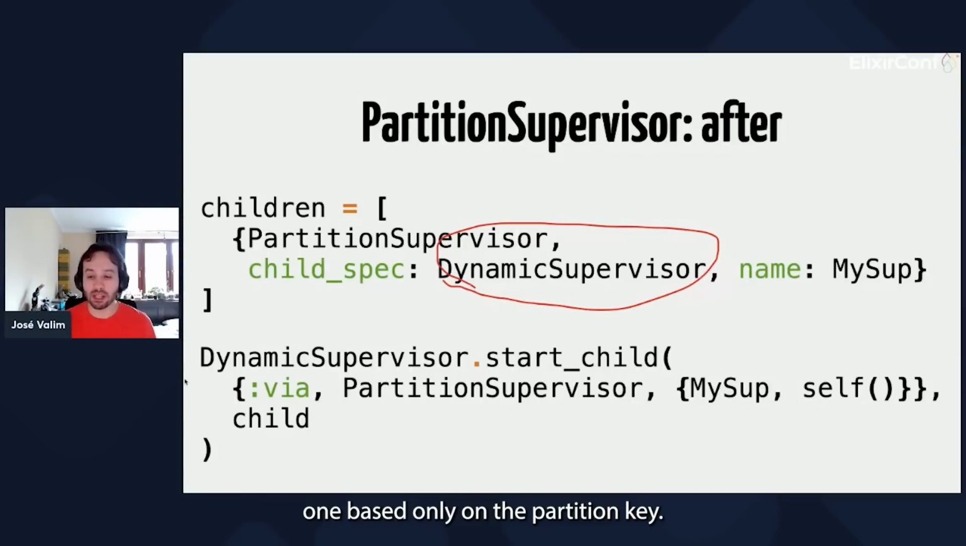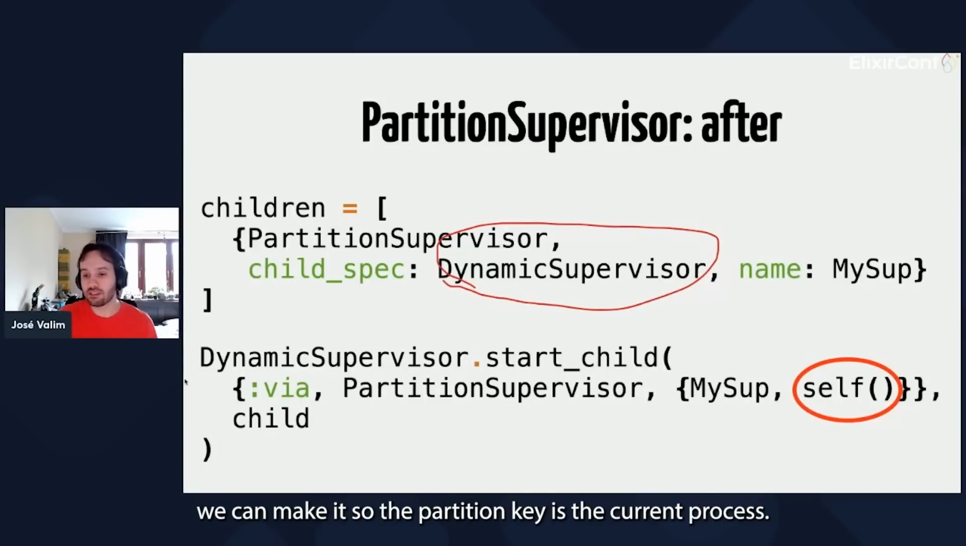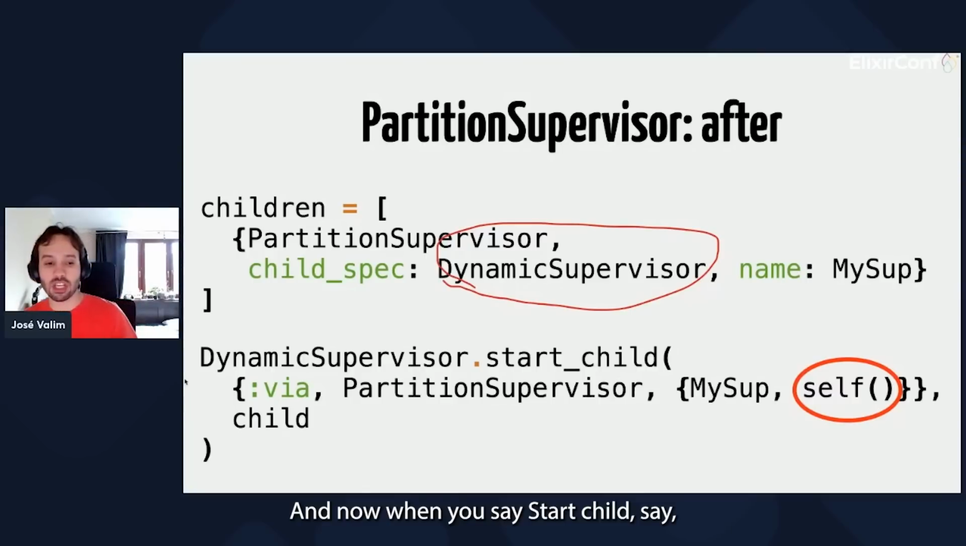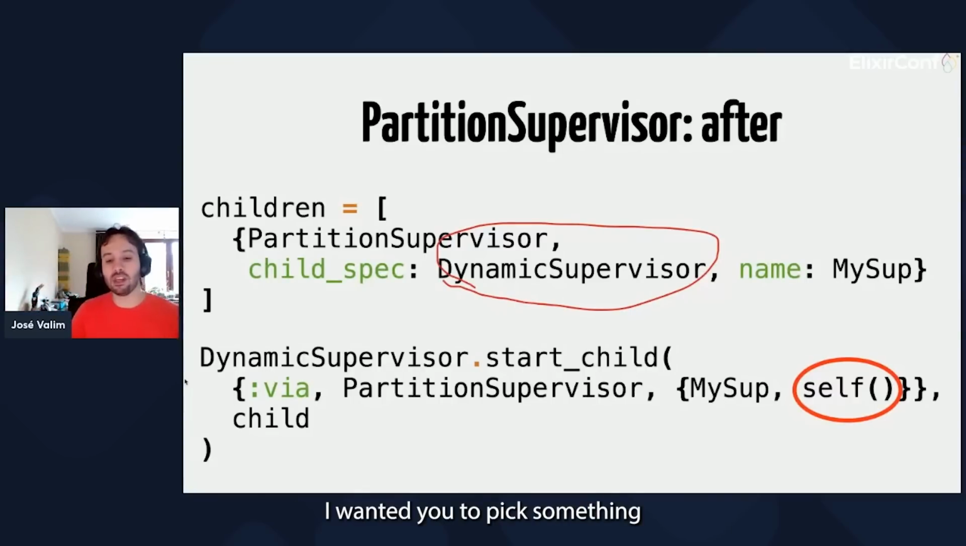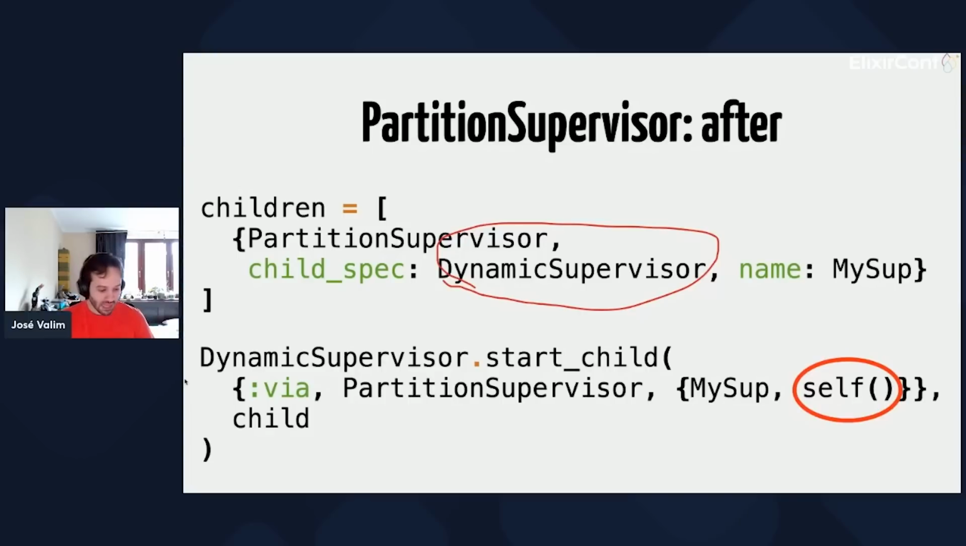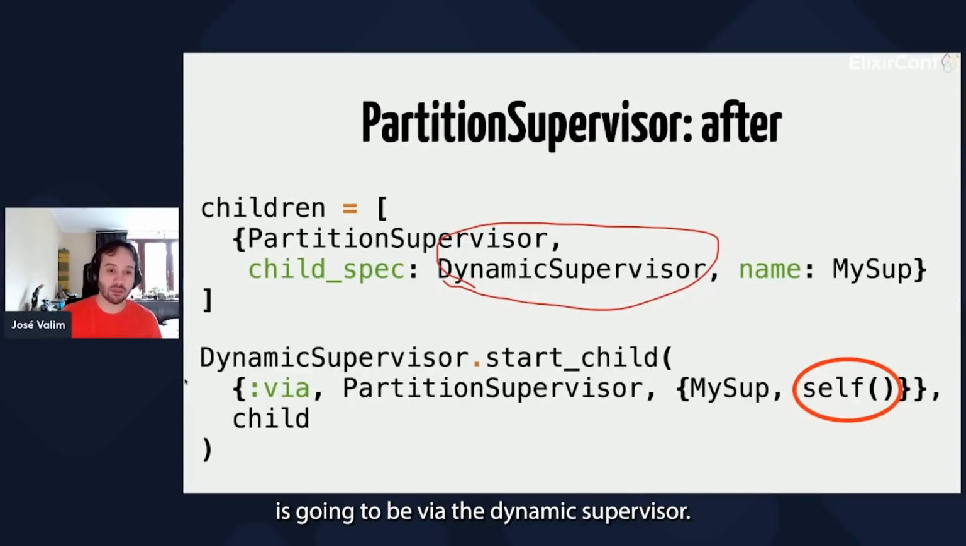based on the partition key. In this case, we can make the partition key the current process, so every process is going to pick a random dynamic supervisor to start the child. And that's it, it's a very simple usage. You just say, hey, I want to start something under the partition supervisor. And now when you say start child, you say, I want to pick something. When you are going to talk with a process, you say, I want you to pick something via the partition supervisor. And I think the most common use case is going to be via the dynamic supervisor,